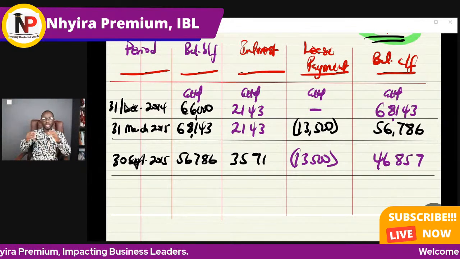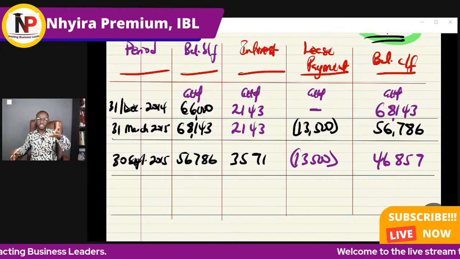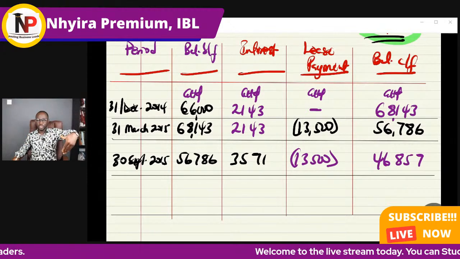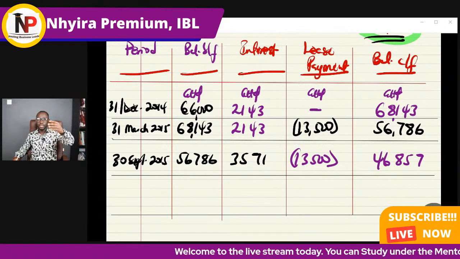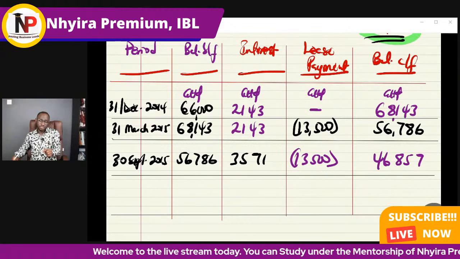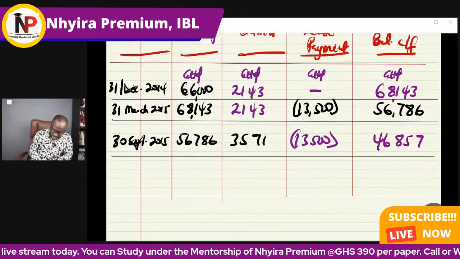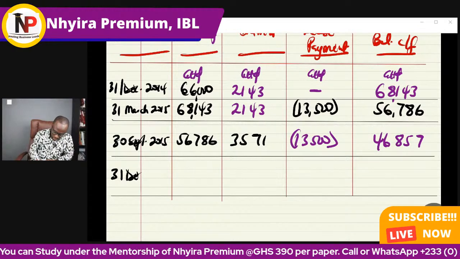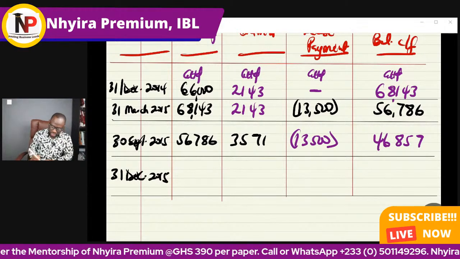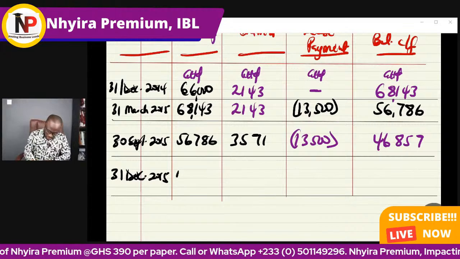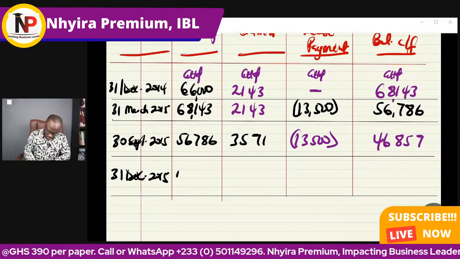Now, you realize that the financial statement is up to 31st December, right? So we are now at 30th September 2015, but we need 31st December 2015 so that we can now do the split. So at 31st December 2015, we're going to have